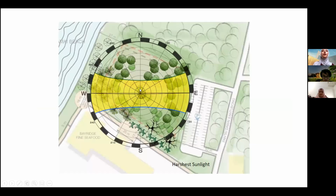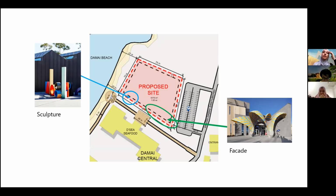Studying the weather, the climate, I thought maybe here, this green arrow, it can be a facade. The main facade being there so that people at the parking and people here at the street get to see the facade. And the blue one here is a sculpture. Why is a sculpture here? Because people like to take